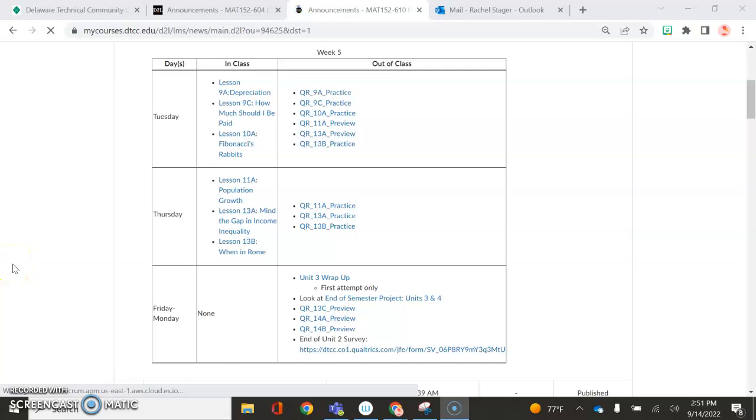Everyone, so here's our schedule for next week. We're going to be completing lessons 9, 10, 11, and 13. After we complete lesson 11A, population growth, that'll actually already be the end of Unit 3, so you'll also have